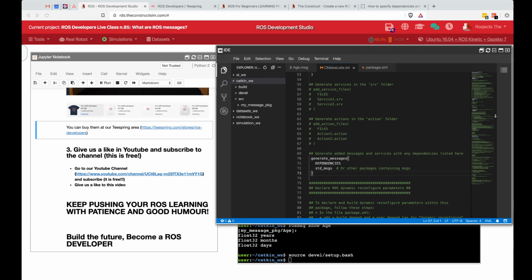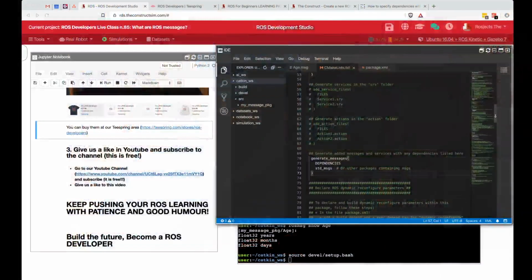Gabriel says, do you have videos with UR3? Yes, definitely. Okay, let me see if I can change to the camera. So yeah, we have videos with UR3. Actually, there are ROS jets with UR3. If you go to the ROS Development Studio, then go to the list of ROS jets, in the top menu on the right side there is a wall icon. Then you press there and you are going to get into an area where